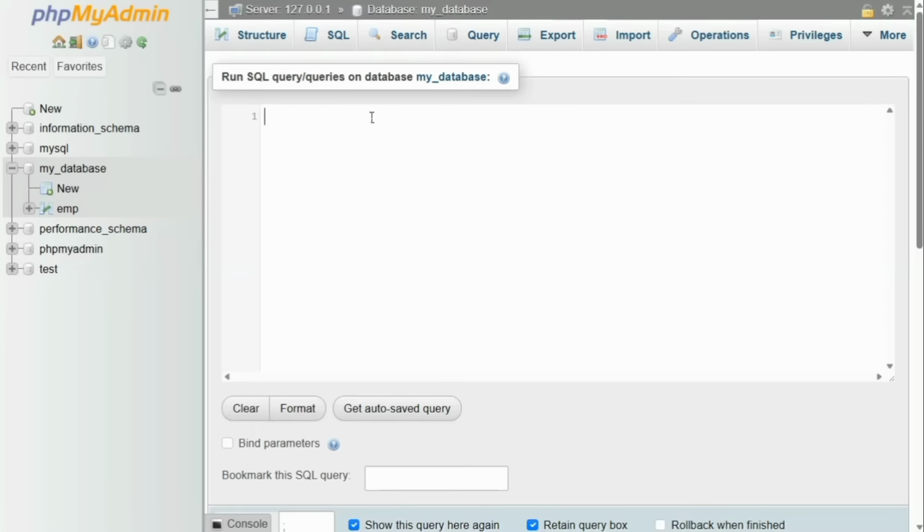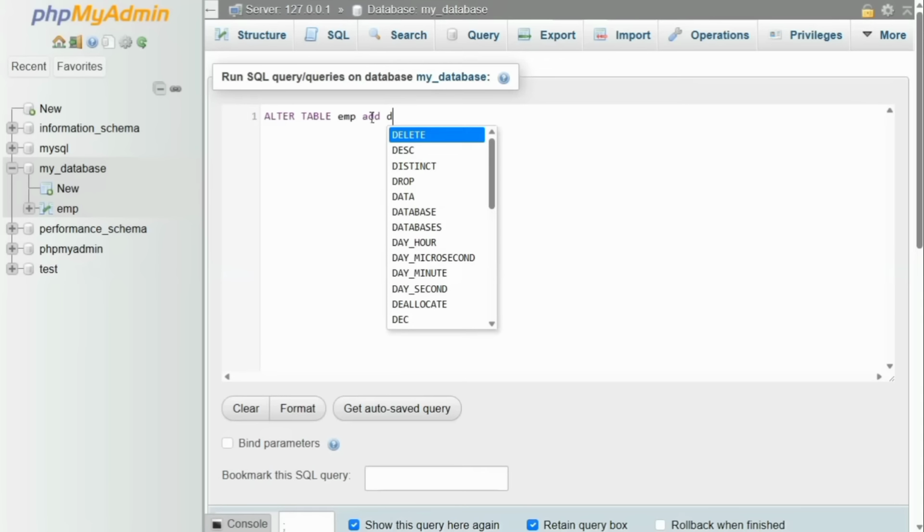You can alter your table. For example, you can add or remove attributes. First of all, we are altering the table by adding an attribute. So type alter table and the name of the table. In my case, the table name is employee. Add. An attribute we are going to add is department ID,